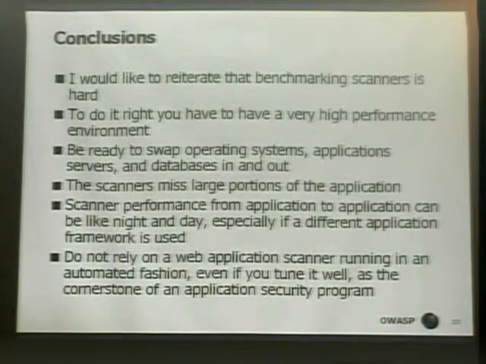On the part about missing large portions of applications, I found with the scanner I use that I almost always like to map it out